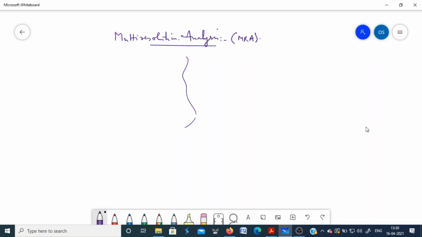In the Fourier analysis, a function which is periodic can be expressed as a linear combination of complex exponentials. And in the wavelet analysis, a function can be expressed again as a linear combination